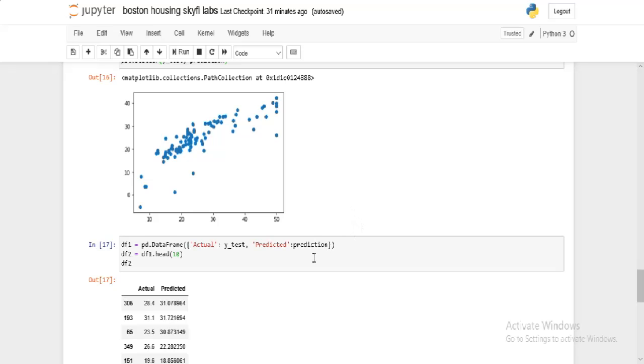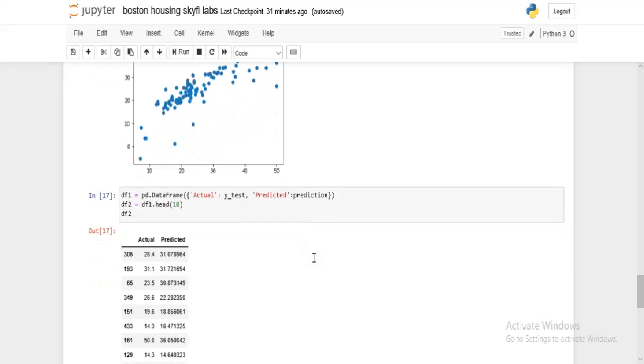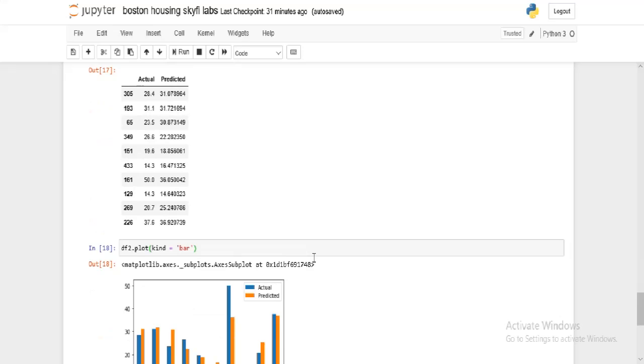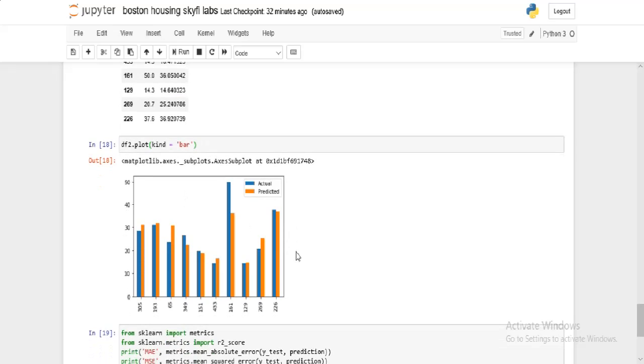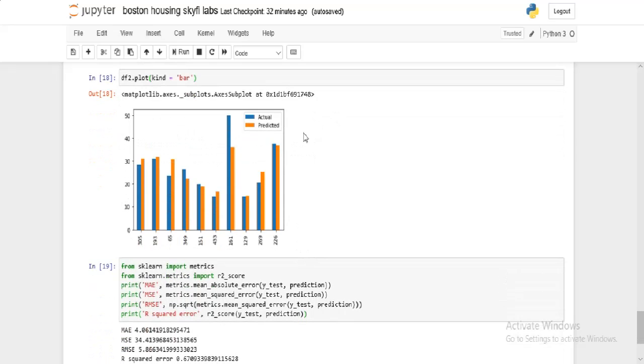As we see here, we are going to plot a bar graph as represented here, which was represented in tabular form, which features the actual data and predicted data, and this was the instruction which is used to plot the bar graph. kind='bar' represents the type of graph. So we'll get these two data, actual and predicted, which were represented by different colors.